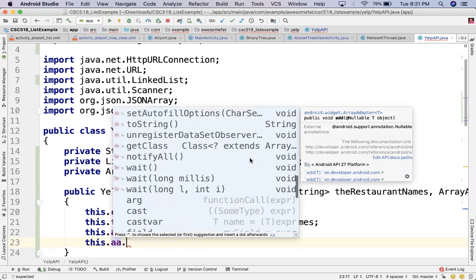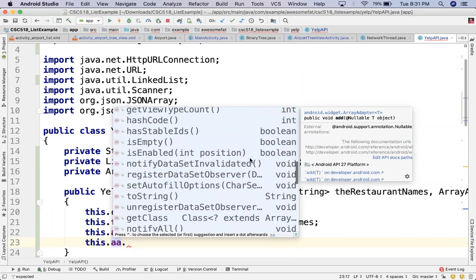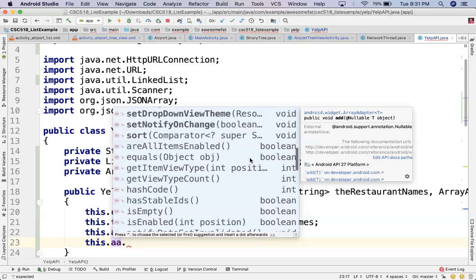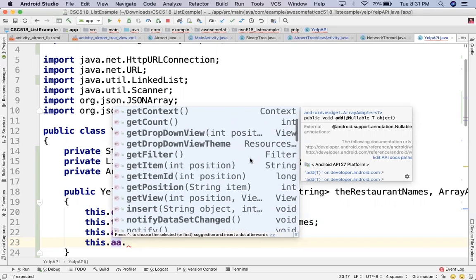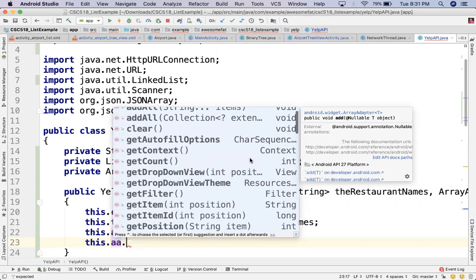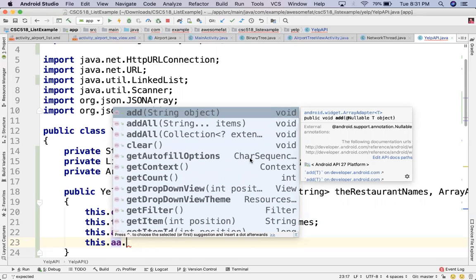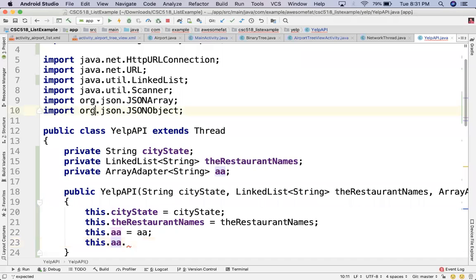No, maybe there's not. Thought there was. Maybe not. I am going to need both parameters anyways. That doesn't seem right. There is a way for me to get the linked list from an array adapter somewhere,